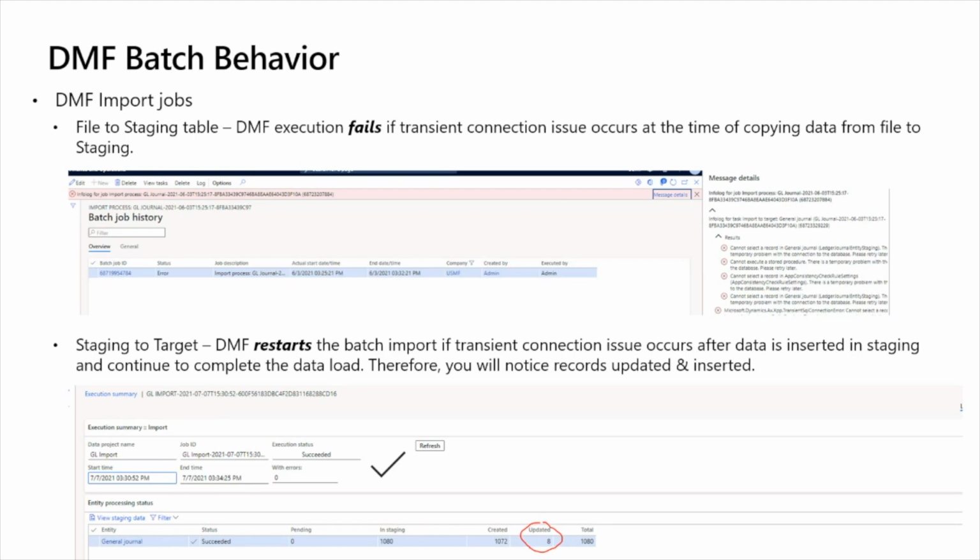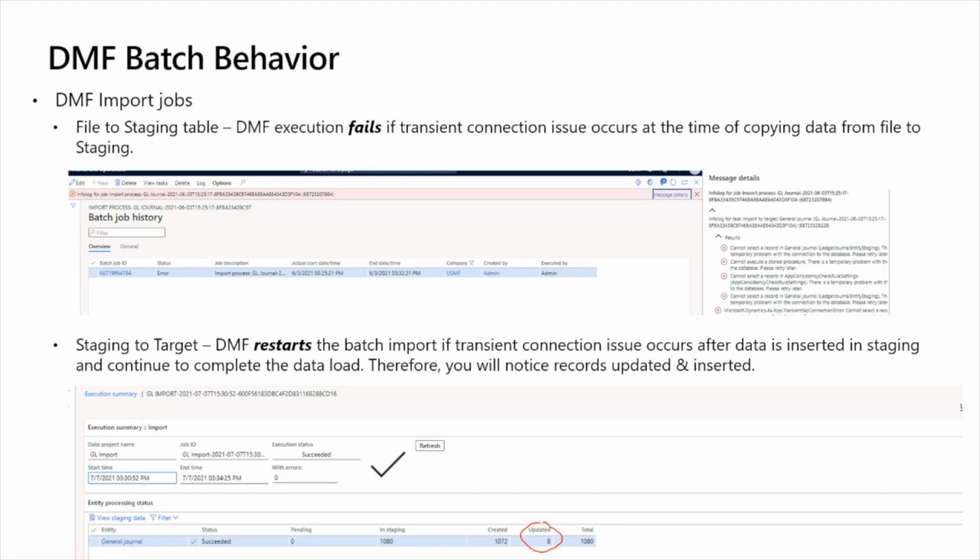The retry is not happening, and there's a reason behind it, because at that time you have an SSIS, D365 FNO and the database. If that happens at that point in time, it's going to fail with an error message that you see in the info log, that it cannot execute a stored procedure. So there is a temporary problem with the database.